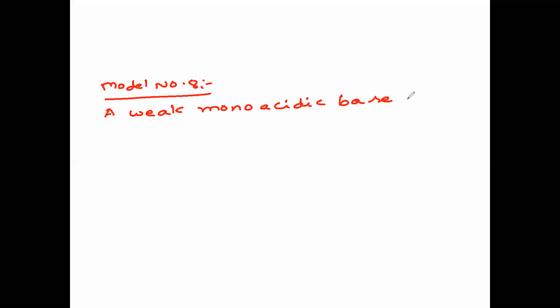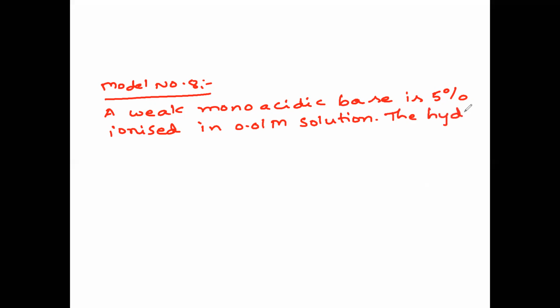The base is 5% ionized. They have given the percentage also. It is 5% ionized in 0.01 molarity solution. The hydroxide ion concentration in the solution, they are asking us to find. Means first we have to find pH, then we have to find pOH. So the hydroxide ion concentration is